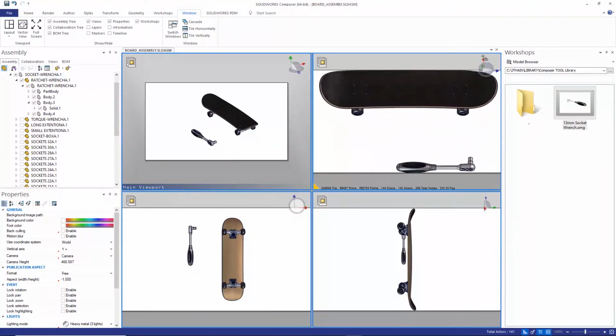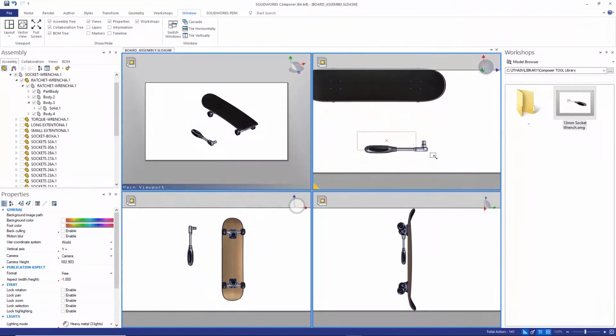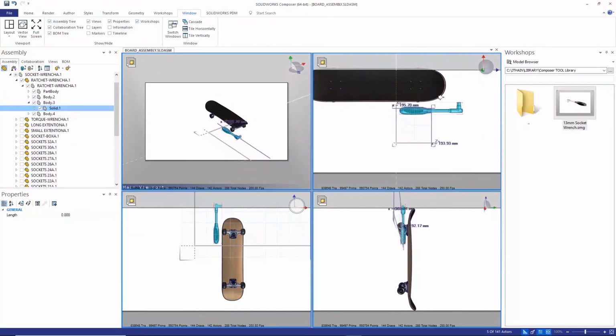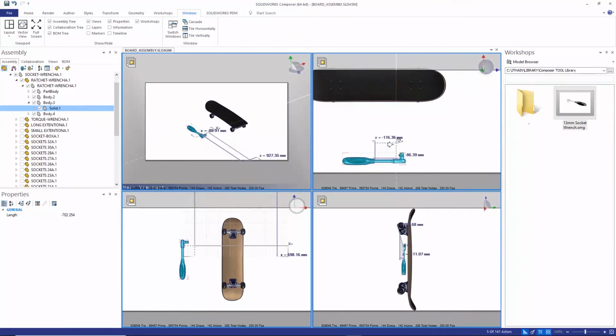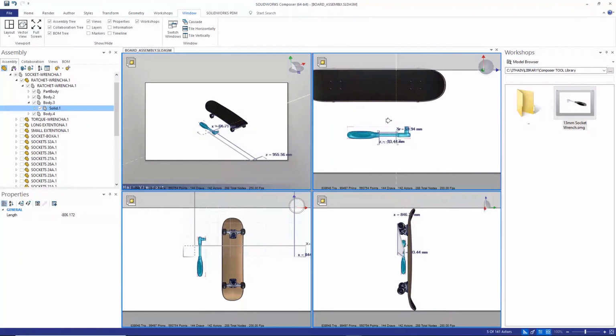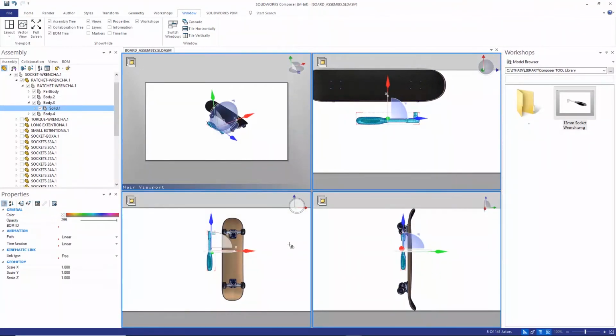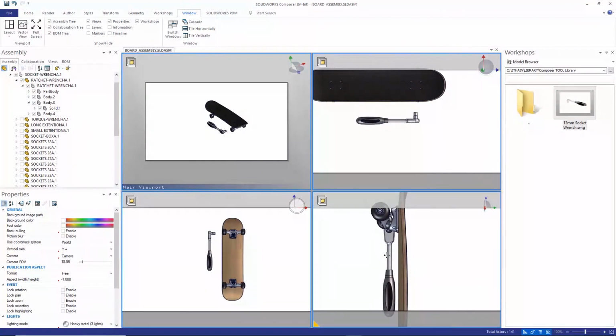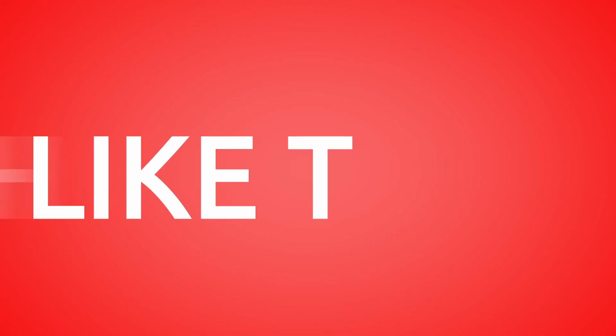That just means then that it's a lot easier to understand where our part is in relation to our working environment. So you can see here that we can use either these triad lines or these vectors, so the orange, the red and the green, or if I just choose this area here, I can move it in plane, but it's not going to come out of plane there, so that's quite useful. So it's around about there somewhere. Again, I might use this one over here to work out where it needs to go, but you can see that using this method of having 4 windows can often be a lot more useful than just using one window.